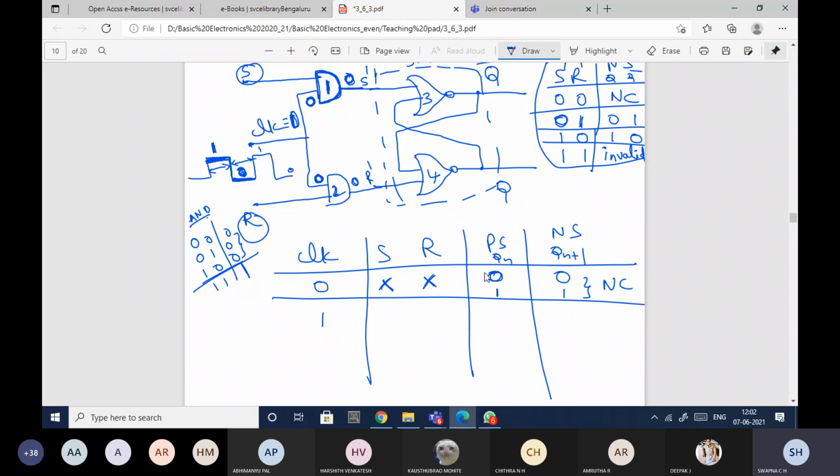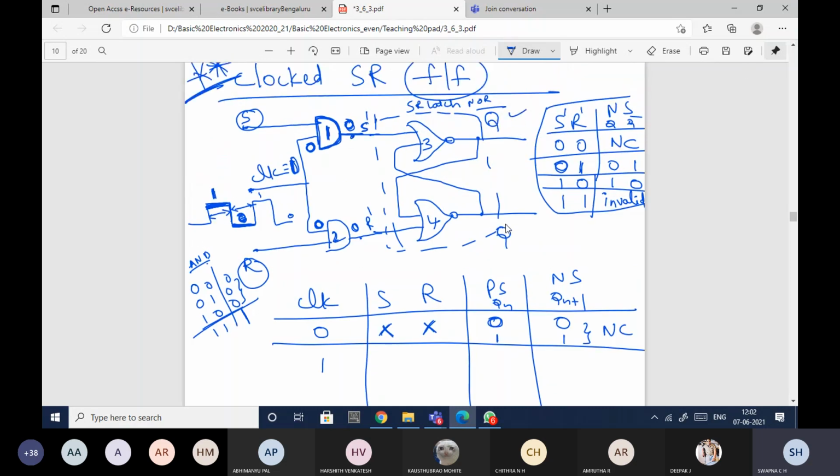If you see the truth table, when this input and this input are 0, 0, the inputs corresponding to Q bar and Q are 0, 0. It is in the same state, with no change. It means that if the present state is 0, the next state is also 0. If the present state is 1, the next state is also 1. No change. Hope this is clear to you. Or do you want me to analyze by considering the present state and next state? You want me to analyze?